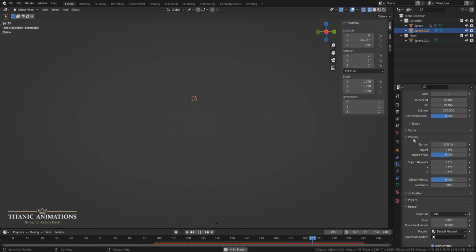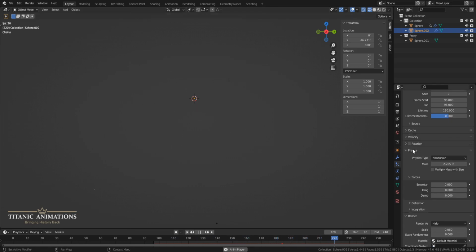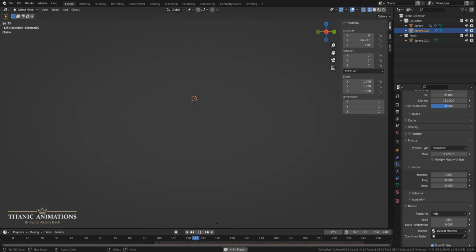And let me just check and make sure I didn't do anything else. I did. I added in a random effect of 1, just some of them pop out faster than others. Next, I'm going to go into the physics tab. Let me just open the physics tab on my other one, and this is the big one that's going to start